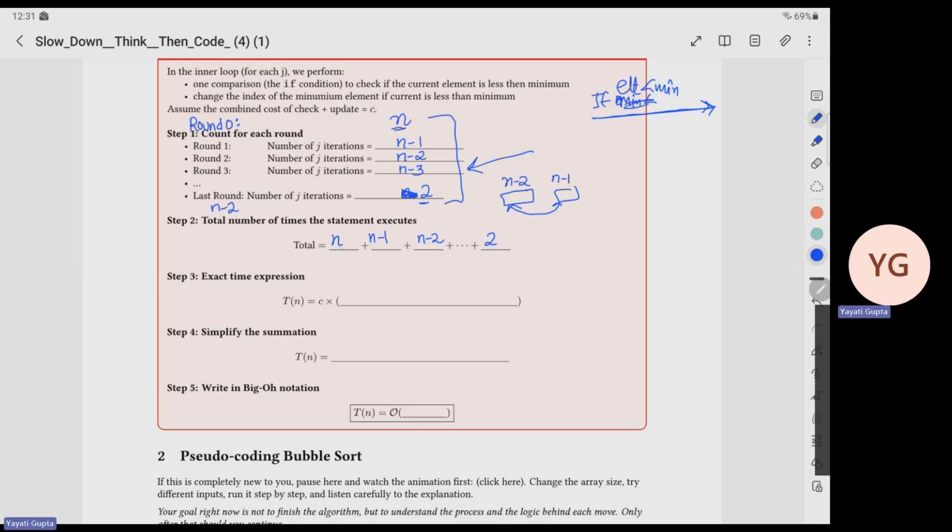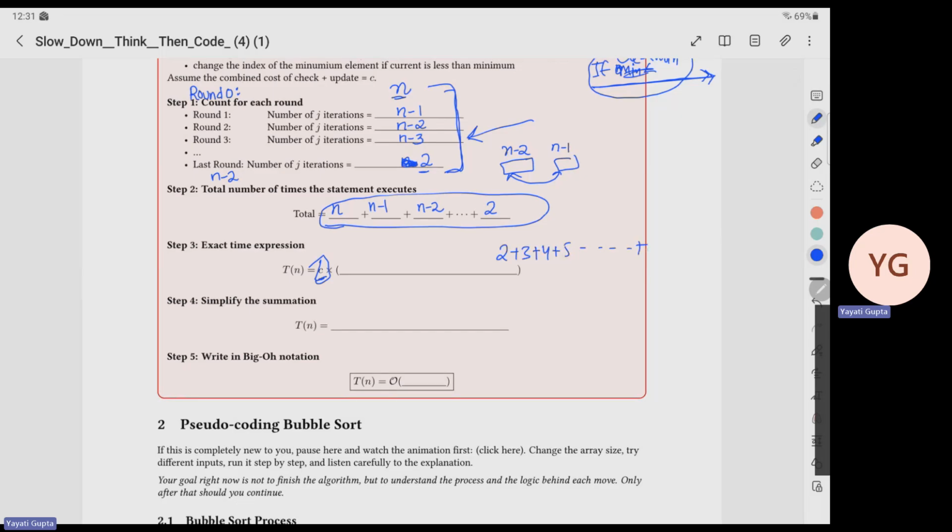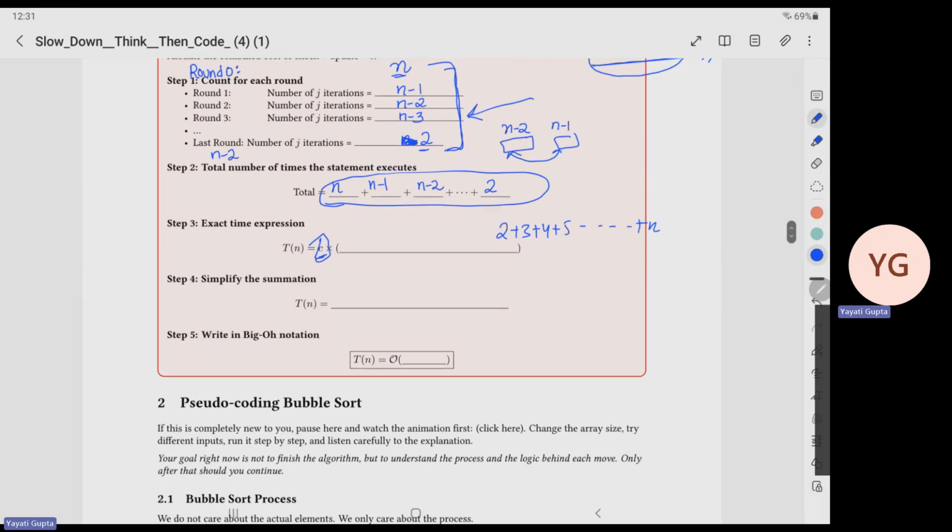So we are assuming that whenever you are doing all these iterations, you are executing this if condition, which takes a constant time. So this c is for that, but again this doesn't matter, it's going to evaporate because of our big O notation. So what matters is if you could just simplify this summation. Now there are two ways of simplifying this. You can directly fit an arithmetic progression formula here. So it's nothing but 2 plus 3 plus 4 plus 5 all the way up to n. So if you remember the AP formula,